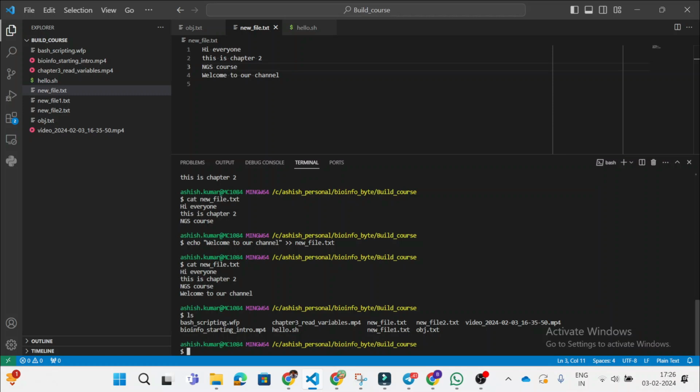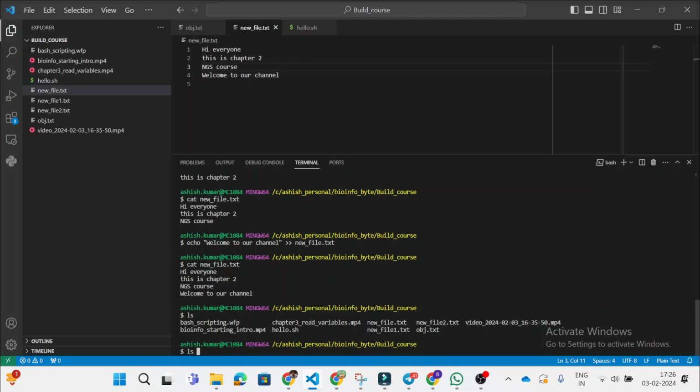And the next thing I want to fetch: right now, there are 1, 2, 3, 4, 5, 6, 7, 8, 9, so a total of 9 files in build course, and the total txt files are 3. You can't go over all the files and see that there are 20 txt files.